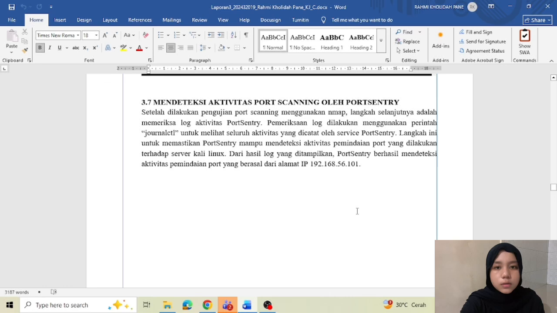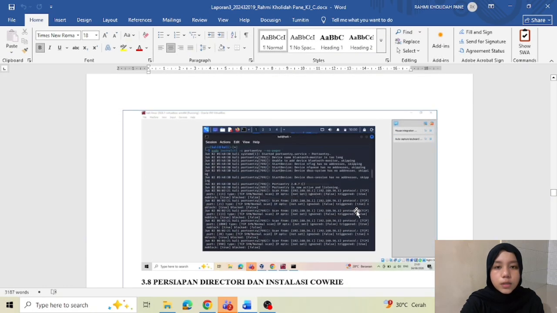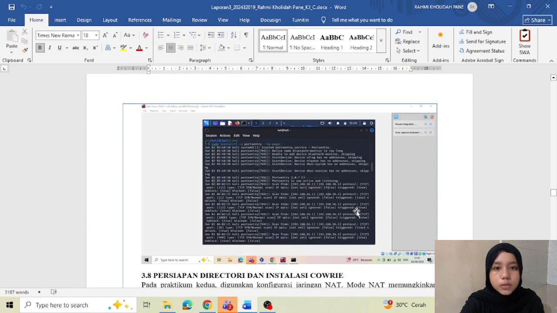And the next, detecting the attack. Next, I checked the Portsentry log using the journalctl command. The log shows that Portsentry successfully detected the port scanning activity and recorded the attacker IP address. This proves that Portsentry can detect reconnaissance attacks